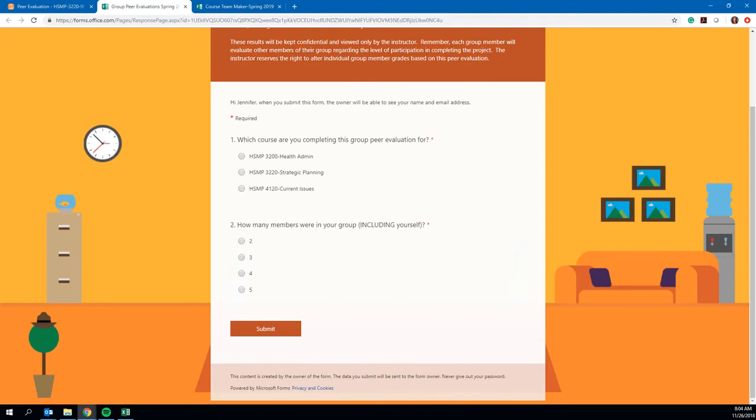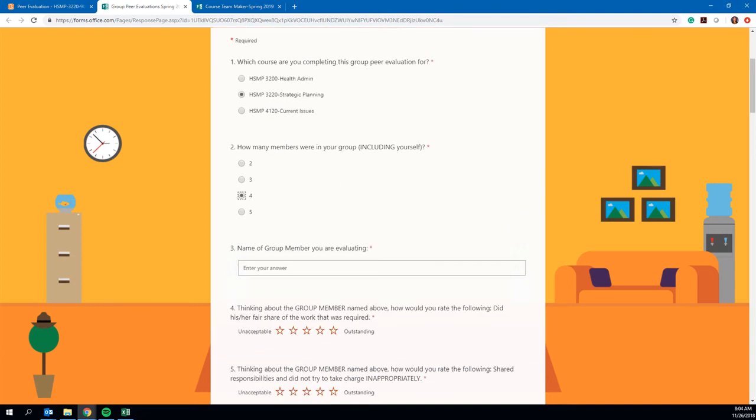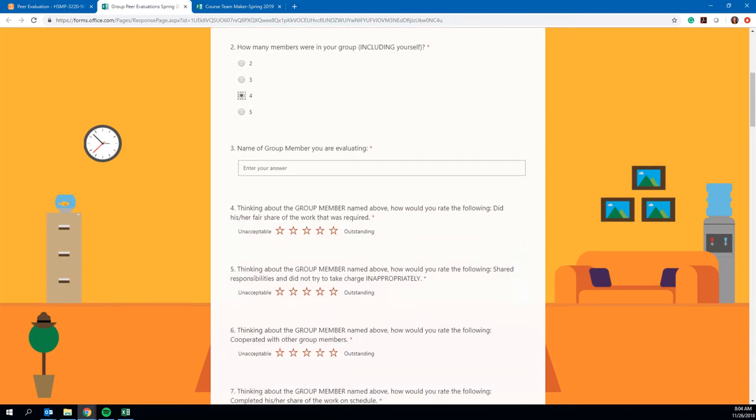You'll let me know which course you're completing this for. Of course, it will be for strategic planning. And then you'll let me know how many members, including yourself, were in your group, and it'll take you to the appropriate level of questions. So let's go ahead and just fill this out. Let's say we have 4 group members in our group. What you'll do is